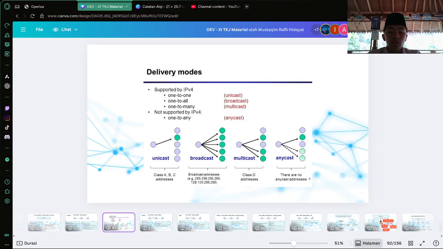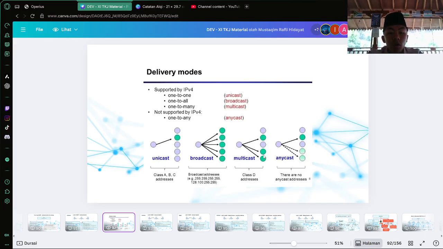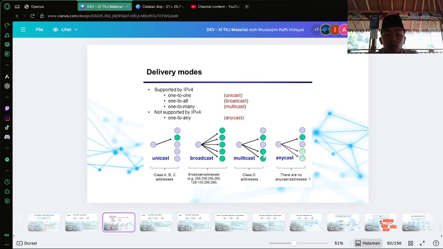Anycast, one-to-any communication. The packet is routed to the nearest recipient from a group of potential receivers. Understanding this model helps clarify why AJRV uses different types of packets for different purposes, such as hello packets, multicast, and unicast updates. And the next is Lab 9, AJRV unicast update part 1.